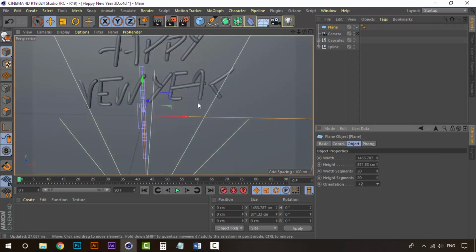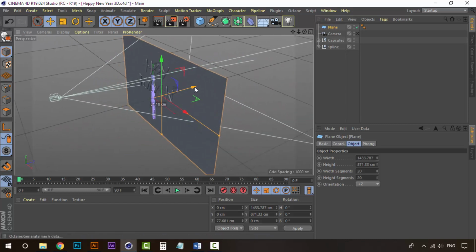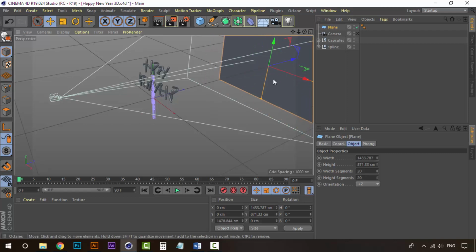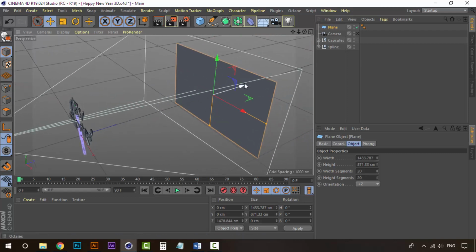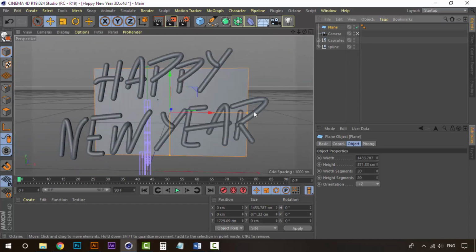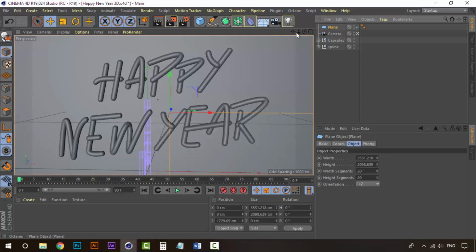C. Now let's bring this far away, but behind the typography, the text. Turn off the camera now, and let's make this bigger, like this. Alright, it's just that I want to have a background, but we are going to create the lights